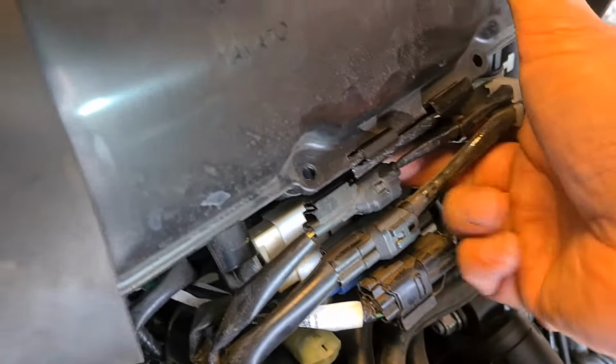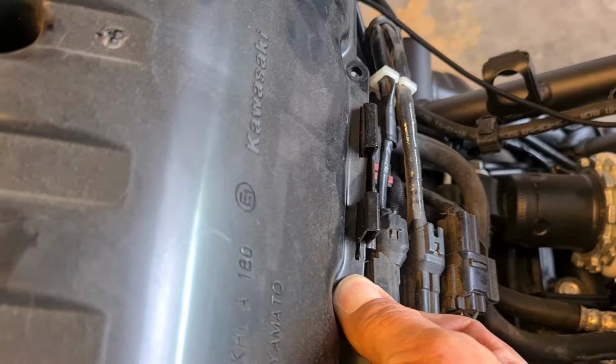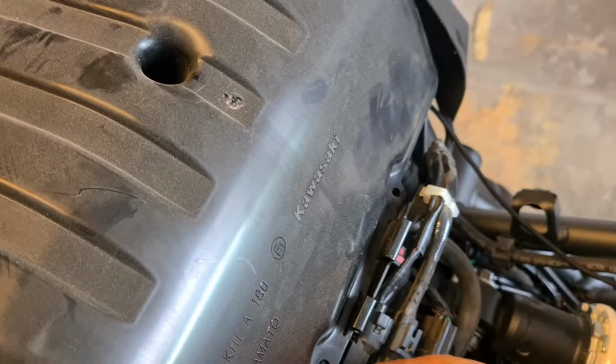Sorry, I'm not focused on the job there. And there it's already come loose, but I haven't been able to separate it because again I'm working with one hand here, so it's not optimum. Anyway, it's coming. There's one side,